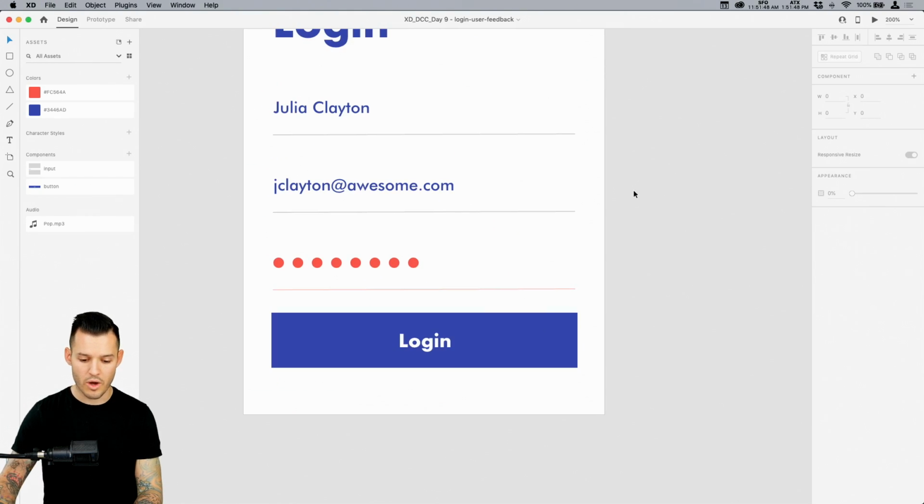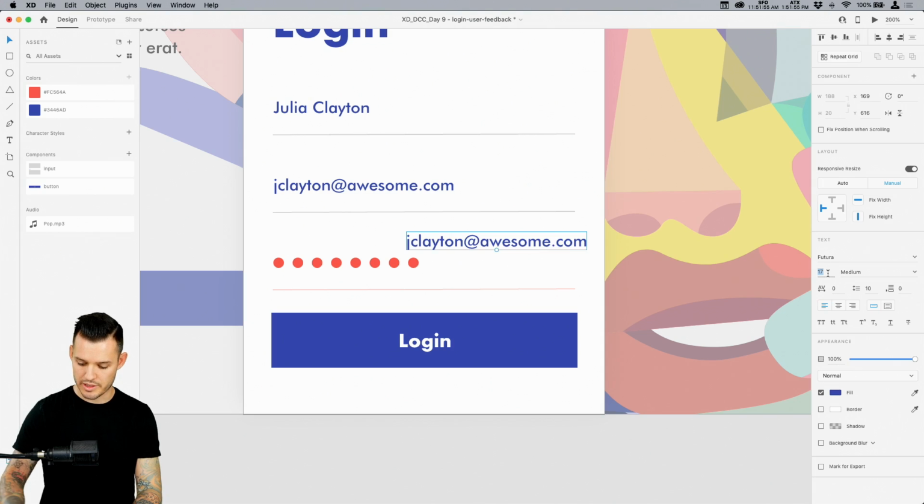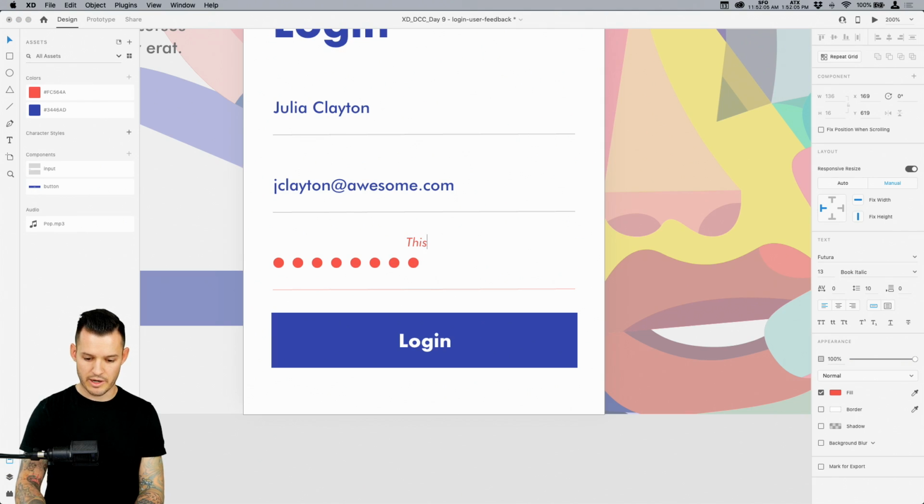And even if you want to do that little bit of extra time, let's put some text right here. We're going to shrink it down really small, maybe 13. Let's go book italic, and let's use that same color. And we'll just say a little error state status, like this password is incorrect.